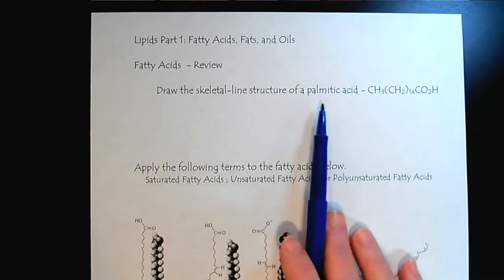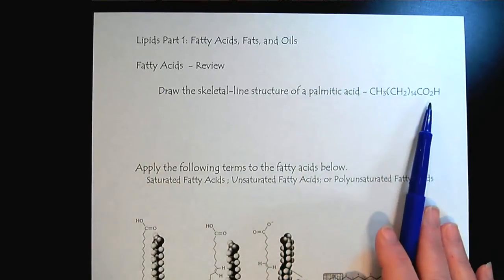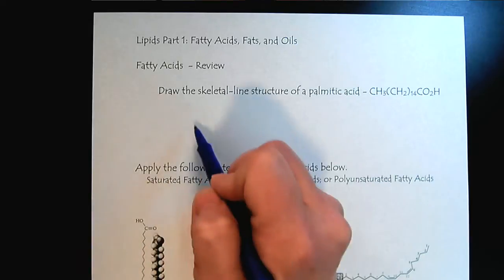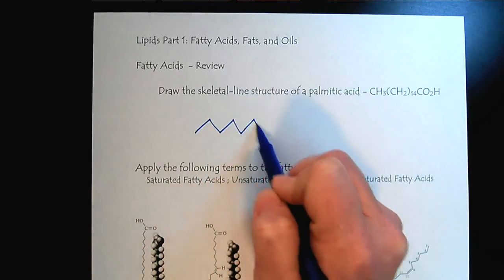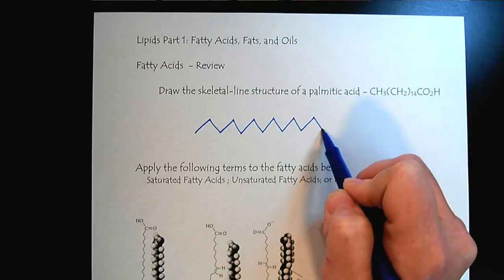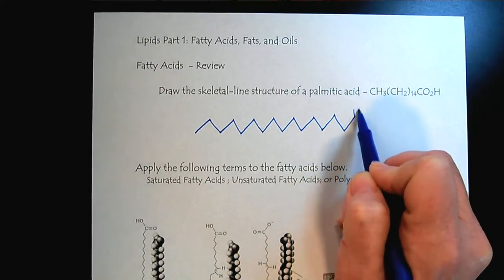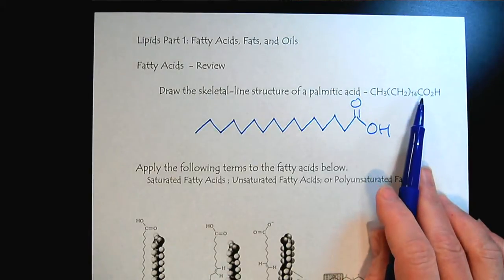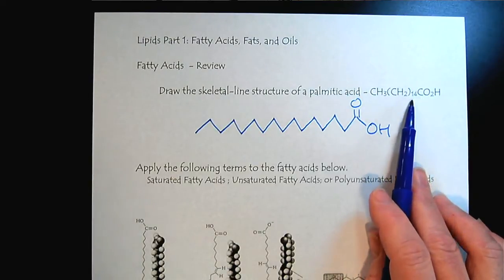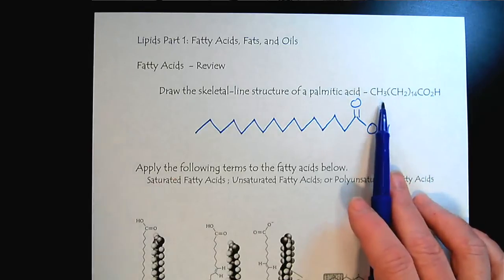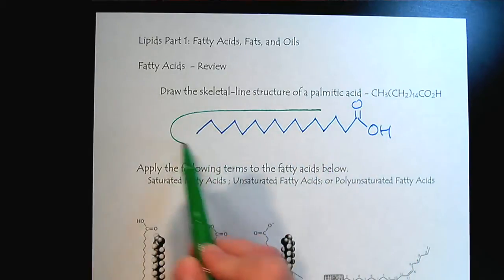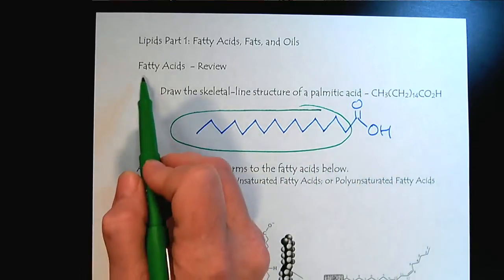So palmitic acid, here is the condensed formula for palmitic acid. So let's go ahead and write out the skeletal line structure. So we can see that it has a 16 carbon chain, right? The carboxylic acid carbon, the 14 methylene groups, and the terminal carbon. So there we go. And so this is really just a carboxylic acid, but we call them fatty acids because